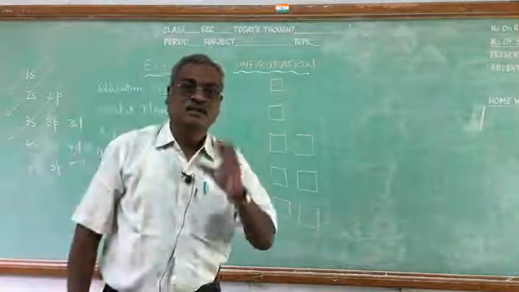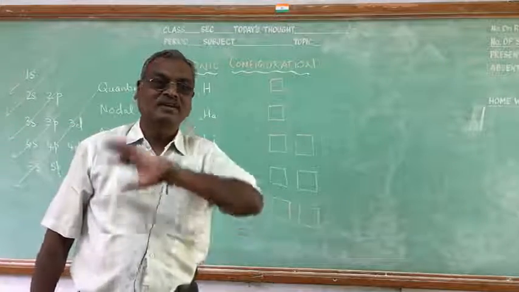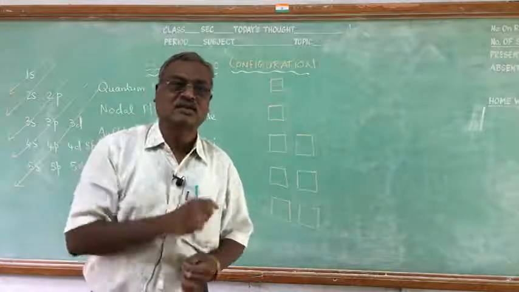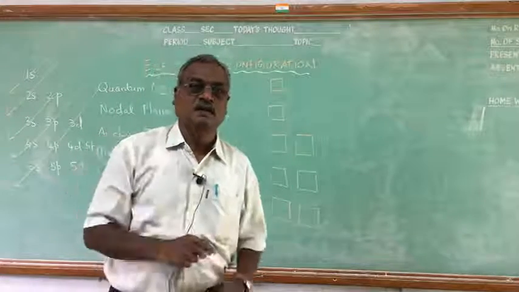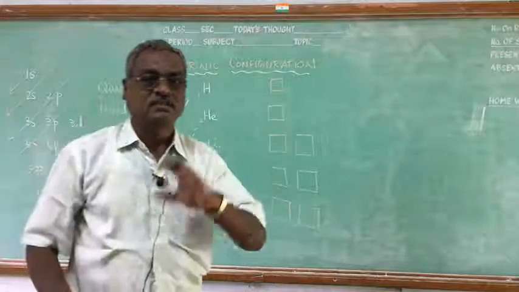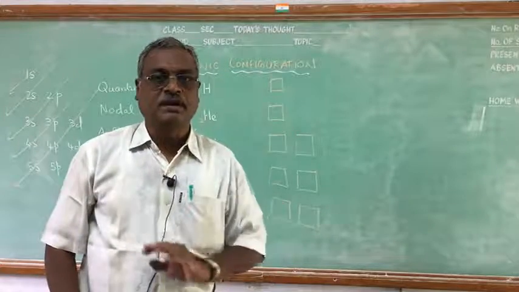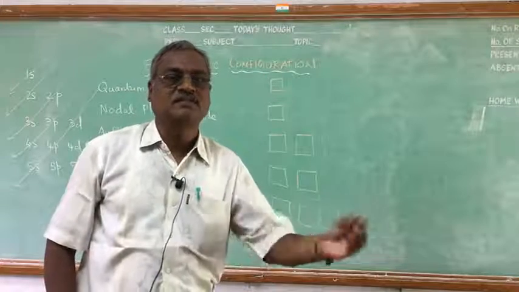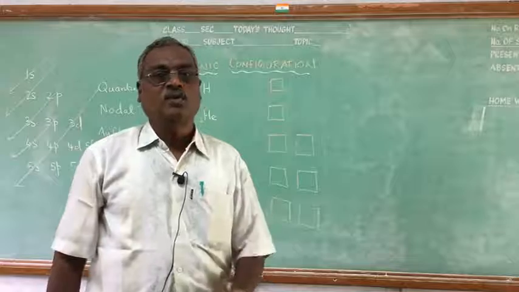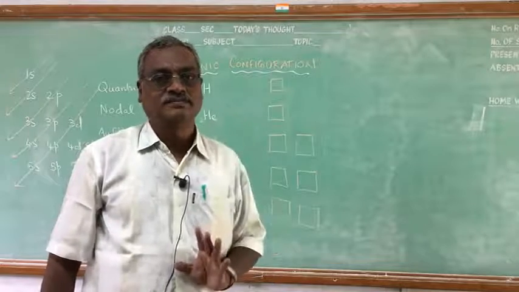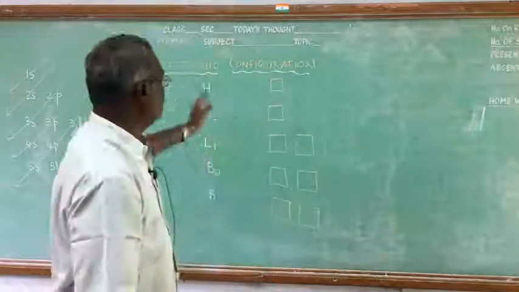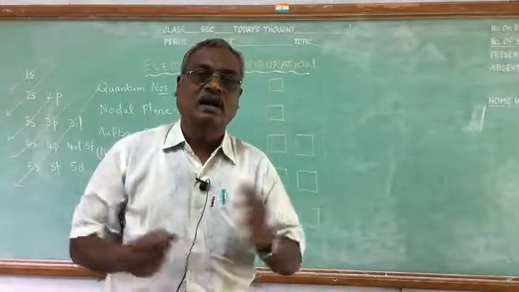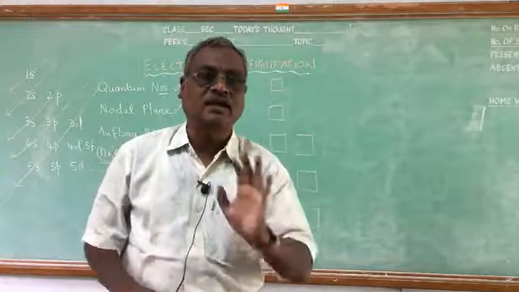All these are talking about how the electrons are present around the nucleus, where the electron is there, in which orbit it is there. We have studied what is meant by orbit and what is meant by orbital, and which direction, orientation, that is px, py, pz. So now we are going to arrange the electrons around the nucleus. This arrangement of electrons around the nucleus is known as electronic configuration.